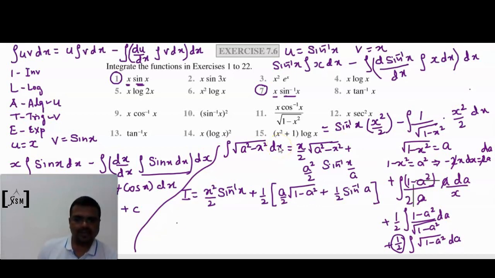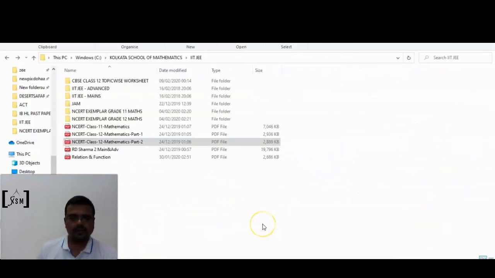So I'm writing that: x square over 2 sin inverse x plus half is out. For a we will write